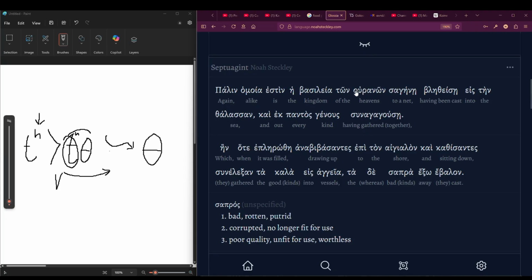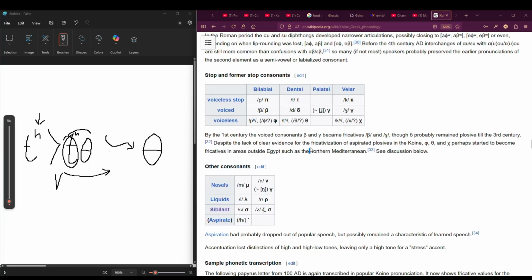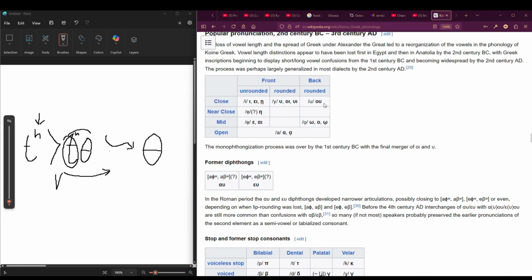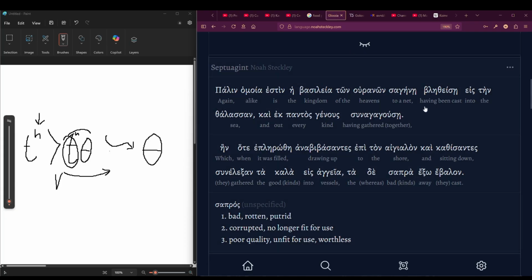Either way, now it appears by virtue of people's opinions that we're turning this into a full back vowel, in the normal sense. Sageni, here the iotacized eta